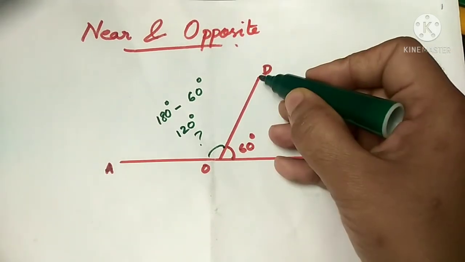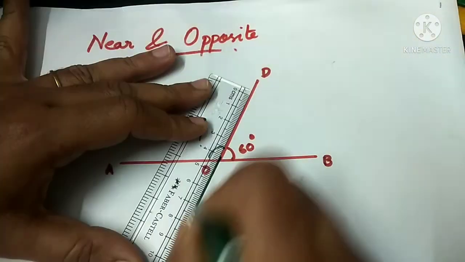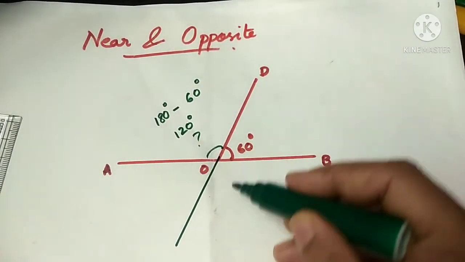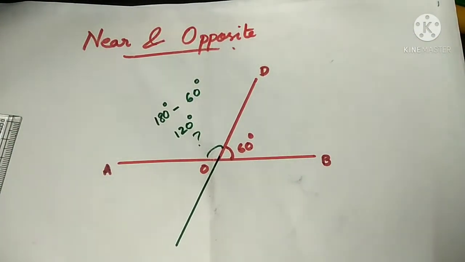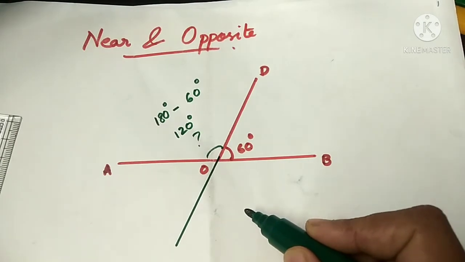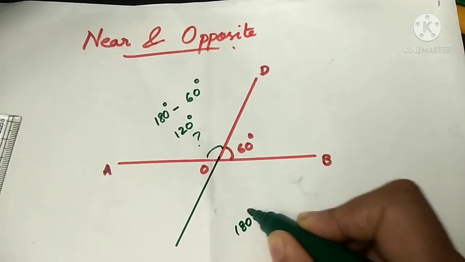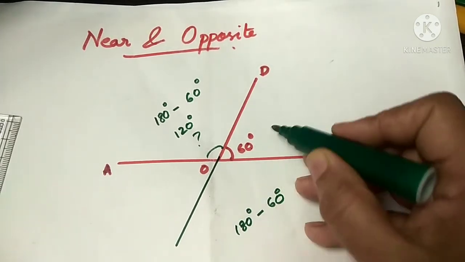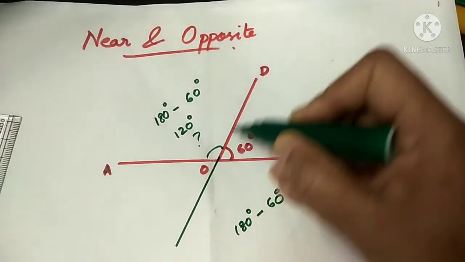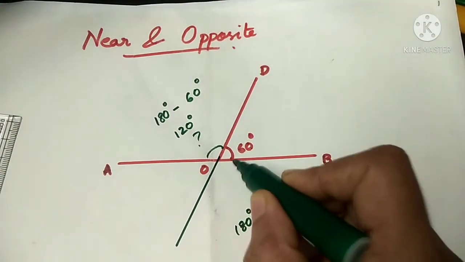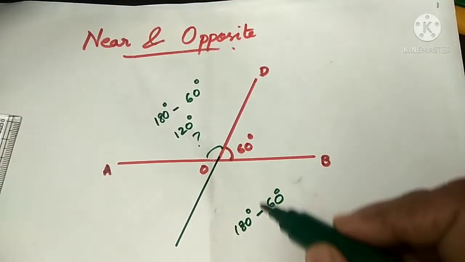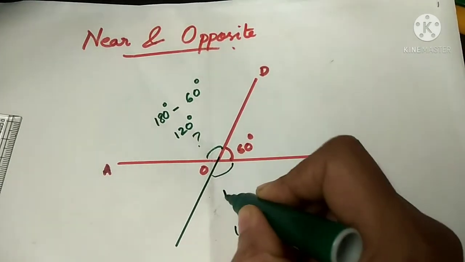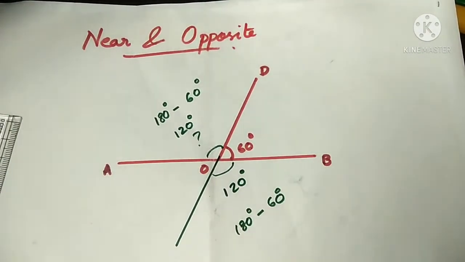So we get this angle as 120 degrees. Now I'm going to extend this line downwards like this. Now look into this part. These two angles are on a straight line. So how much is this angle? Again 180 degrees minus 60 degrees. When we look into these two angles, they are on a straight line, so to get this angle, we just need to subtract the 60 degrees from 180 degrees. So again we get it as 120 degrees.